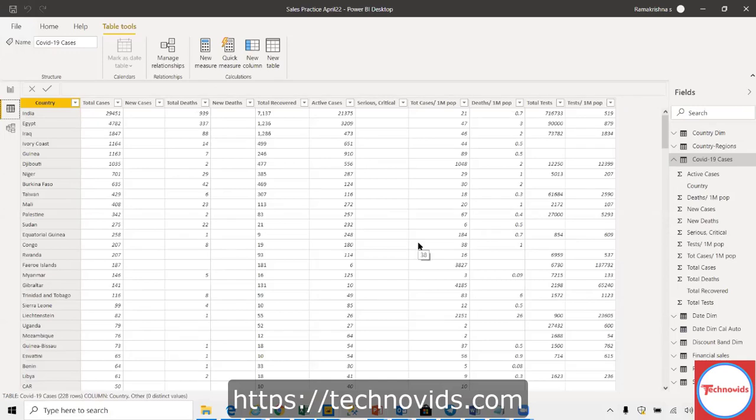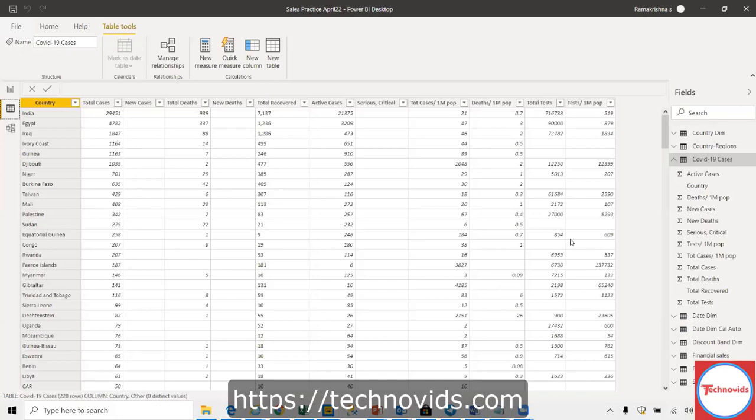Now, probably some of the countries don't have this data. Some of the countries, what is this total test? That information is not available, right? So that's why you see some of the blank cases. Some of them may be true data, some of them data may not be available.